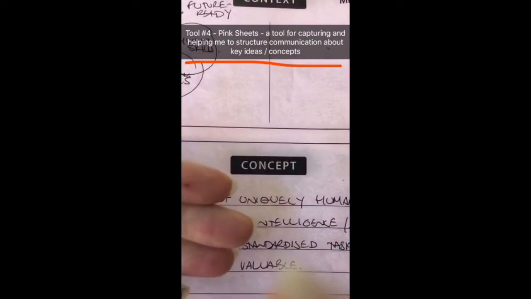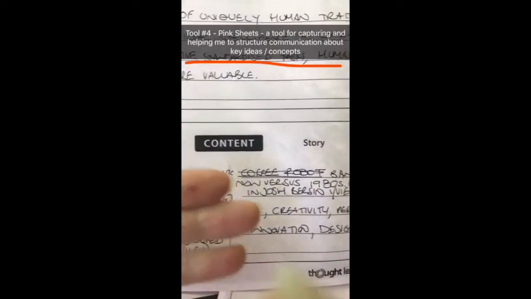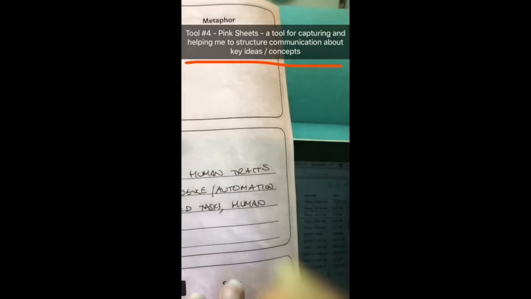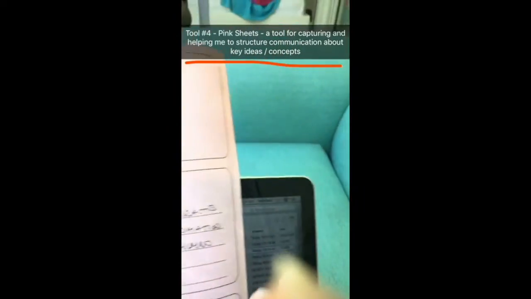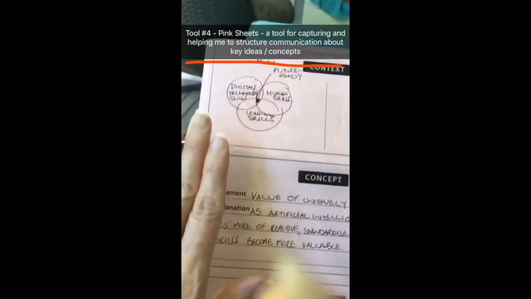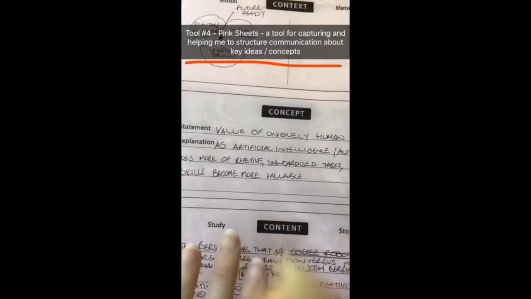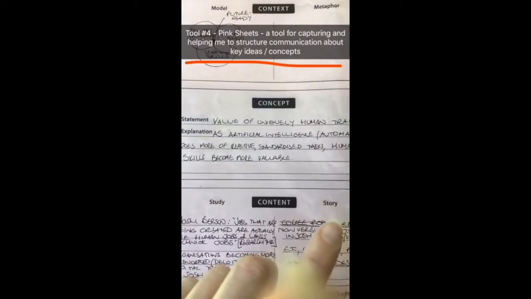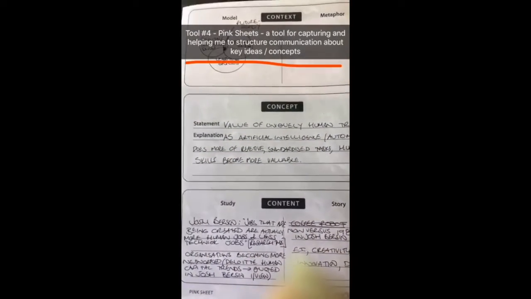So you go from big picture context to the concept to more granular detail with stories and studies. And as you can see, there are both right brain and left brain ways of communicating that content. I'm building these up as I'm reading and gradually pulling them together in conjunction with content from those source banks I just showed you.